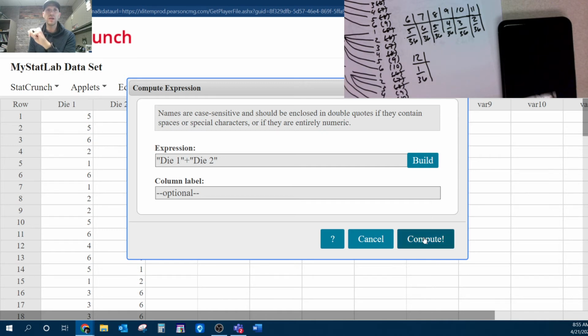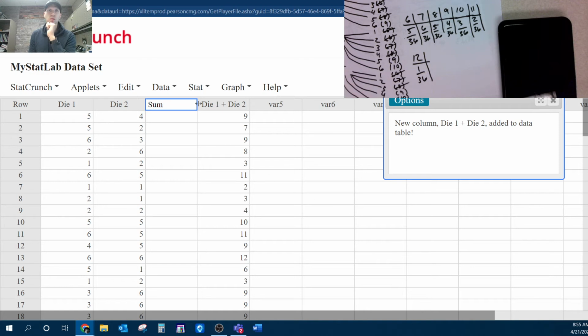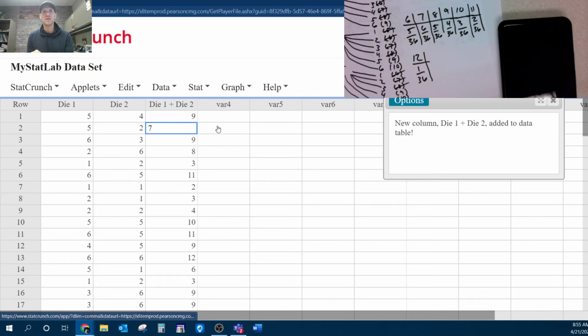And we'll go ahead and compute that. It put it over here in this column. That's okay, I can just delete this. All right, so this is the sum of these two rolls. Okay, that's good. And now the first thing that they're going to ask us is